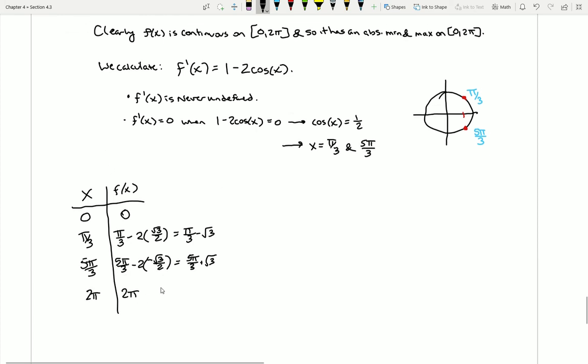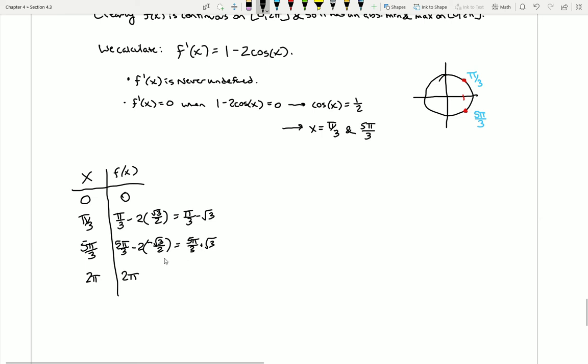Well, here's where you can see that while I have exact values written down, to help figure out which one of these is the biggest and which one of these is the smallest, it might be useful to go ahead and get a rough approximation of these values. Like 2 pi is pretty easy. That's just roughly 3.14 doubled, so that's 6.28. But what the heck is pi over 3 minus root 3? Well, if you were to go to your calculator and type that in, you could see that this is going to end up